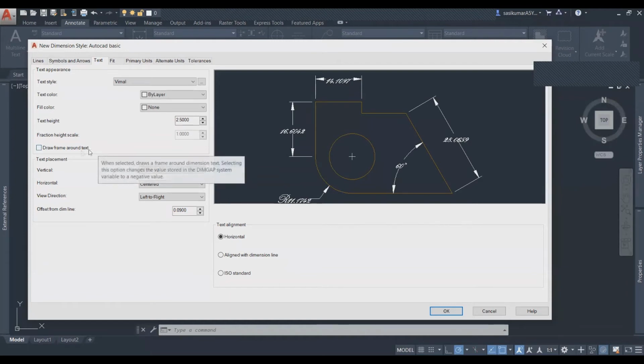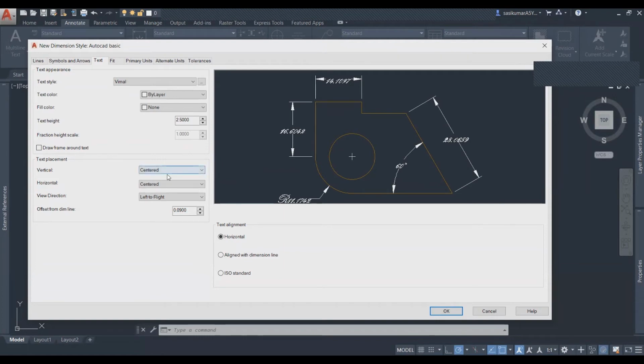Okay, draw frame around text. If you click that, then a frame will be created around the dimension text. But this is not nice. If you want, you can do it. Otherwise, just untick. This is the first setting. The second one is text placement, where you want to place your text.